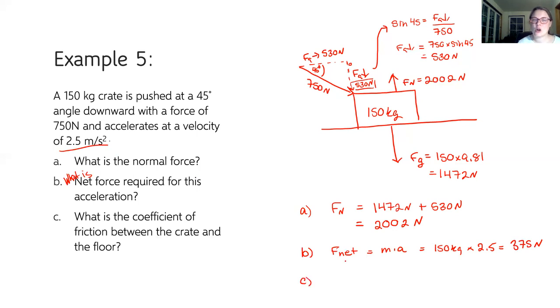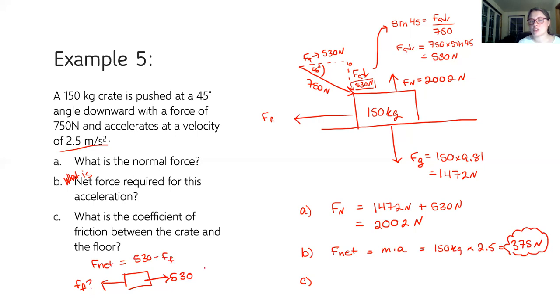C, what's the coefficient of friction between the crate and the floor? Ugh, we need to find friction. If I'm pushing forward, friction's pulling back. Okay? If I need a net force of 375, how much is the force of friction? Well, let's just do a quick analysis. I'm pushing forward with 530. Friction pulls back with how much? Well, the net force is going to be equal to